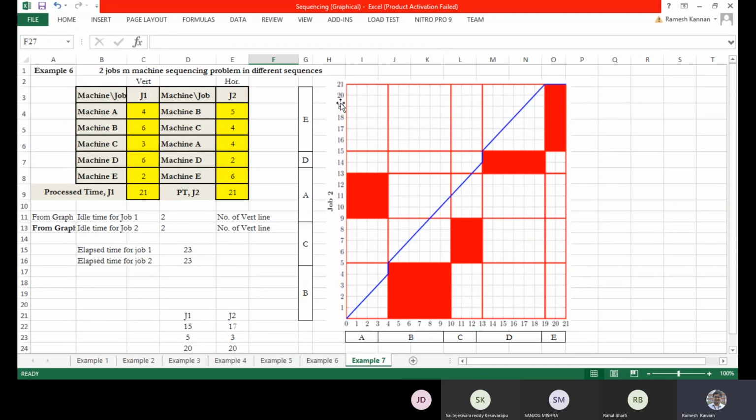You can make this arbitrarily without a graph sheet also, but make sure that you draw the grid lines to scale, and you can try drawing this. I've just made these thick lines. It is not necessary. If you are able to draw the blocks perfectly, then you can erase these lines also, that is fine. But you can make use of these lines too. There's absolutely no problem.